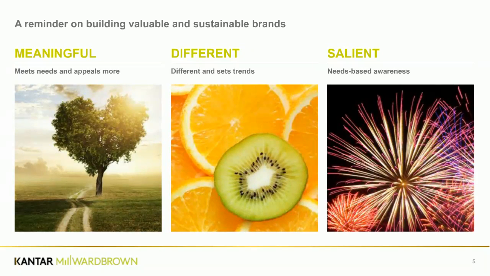We've also established that the strongest brands tend to be the ones that are different to the competitive set. So this could be due to the fact that it offers something tangibly different, or even just a feeling or impression that the brand is in some way unique. But whatever it is, it needs to be something that clearly differentiates your brand in a positive way from its competitive set. And last but definitely not least, particularly in the context of what we're going to go on and share with you today, it's important to ensure that your brands are mentally available or salient. We know that people tend to buy the brands that are most salient, and by that I mean the ones that are most prominent for them when the need or occasion arises.